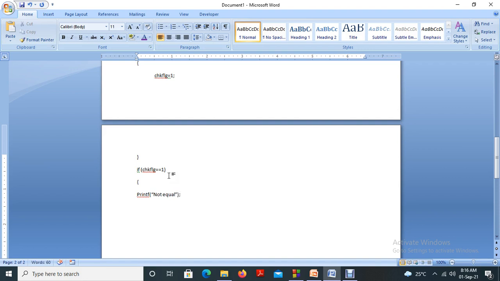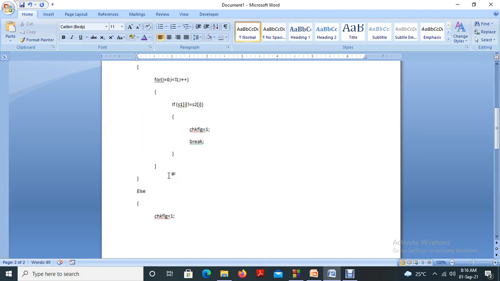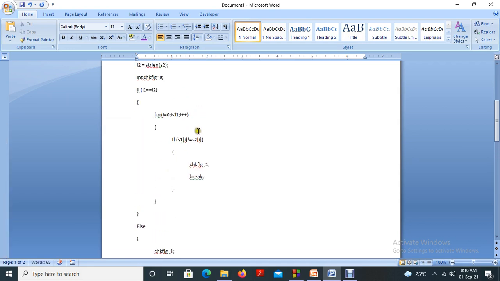Okay, else printf equal. Okay. So this is a simple program to cross verify whether both the strings are similar or equal.